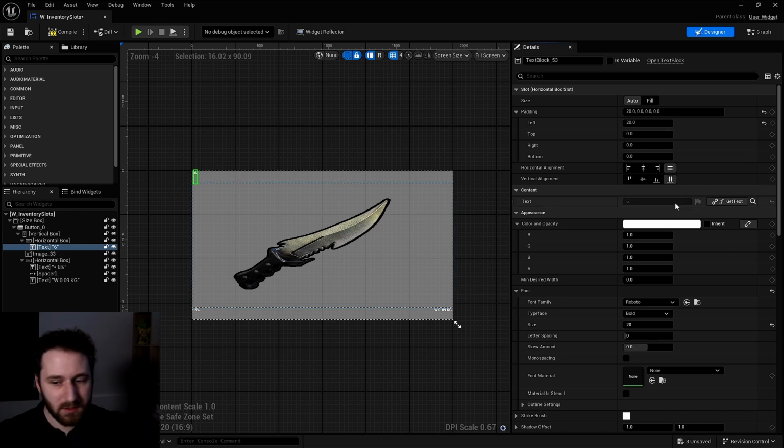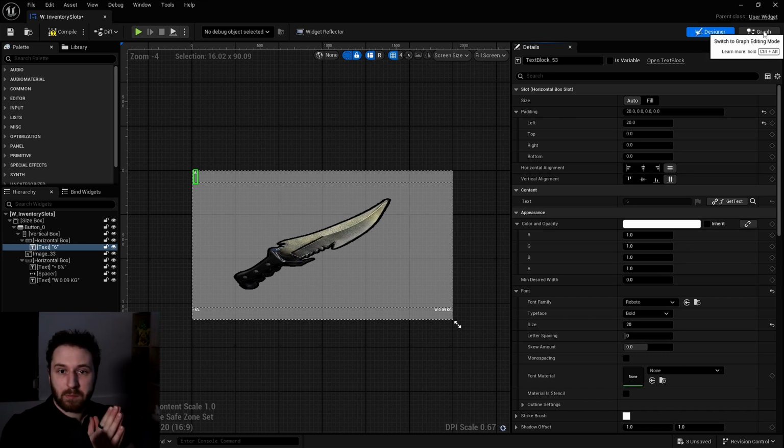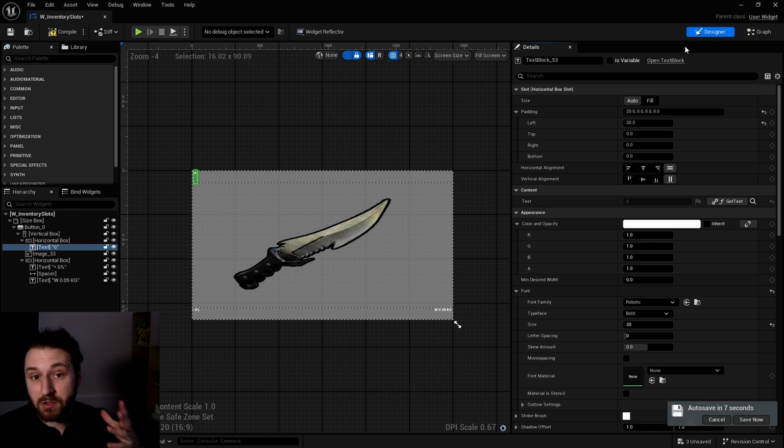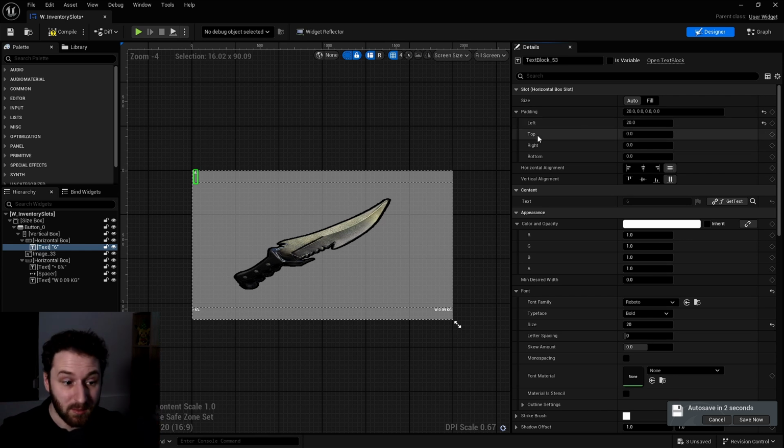We should not be using the binding in here in the designer, in the details panel. We should always do it by the graph, especially when the information doesn't change at every frame. Our inventory is not going to change at every frame. We will know when we create a new item, when we add a new item to that inventory, when we change the stack. We know when there is an action on our inventory. So we can just go and update just that item slot. So let's see that get text.